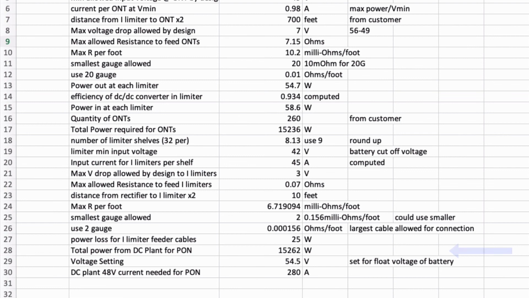15,262 watts. The battery I plan to design with has a float voltage of 54.5 volts. The Class 1 48 volt output needs to supply 280 amps at 54.5 volts just to power the passive optical